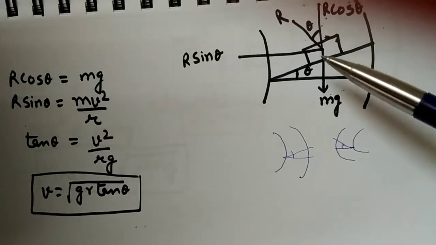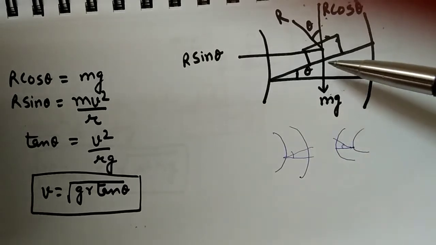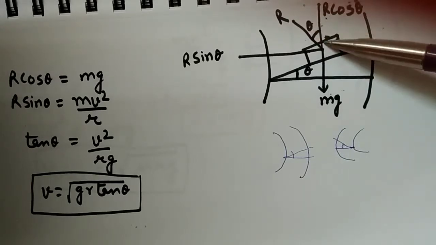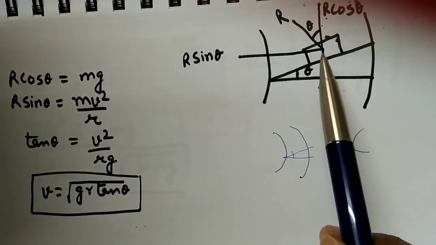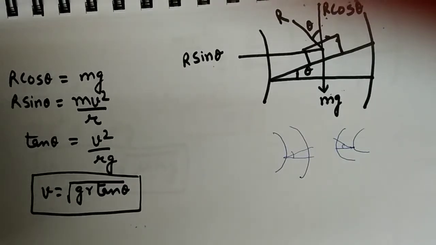Now same way for the car also we will write all the components of the force, but in this condition we are not considering frictional force. Okay, so weight mg, reaction component, and then we resolve the reaction component into further R cos theta and R sin theta. Same way as in the previous case, mv square upon r will be in the direction of R sin theta. So you divide both of them and you will get the value of velocity.